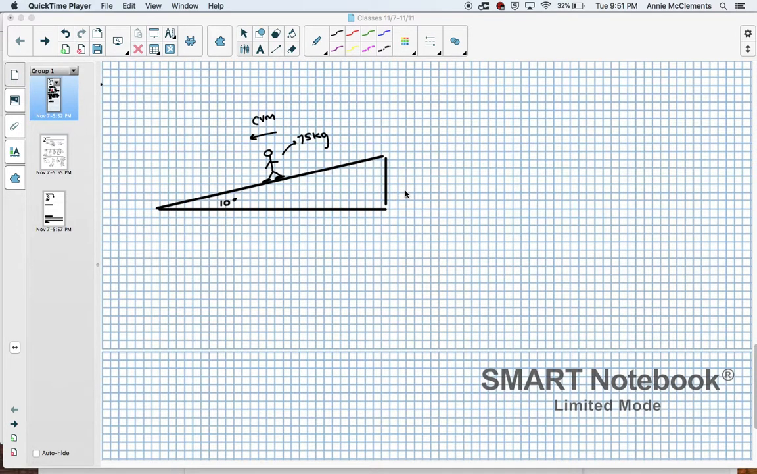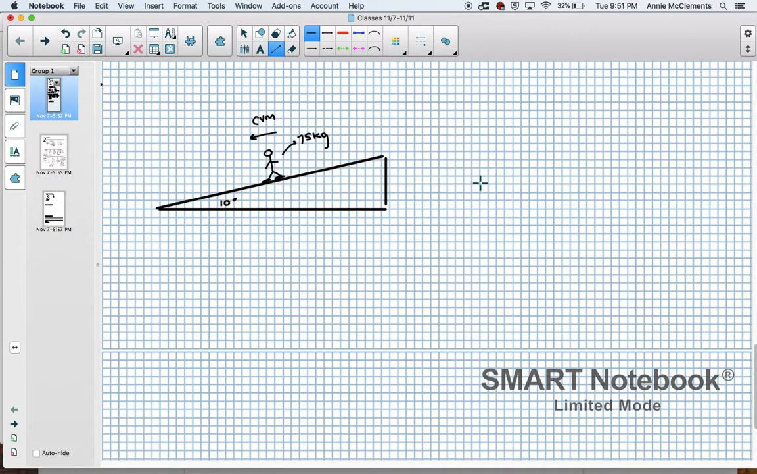All right, a 75 kilogram skier traveling at a constant velocity on a 10-degree slope. The question is: identify the direction and magnitude of all the forces acting on the skier. So the first step in any of these balanced force problems is going to be to draw a free